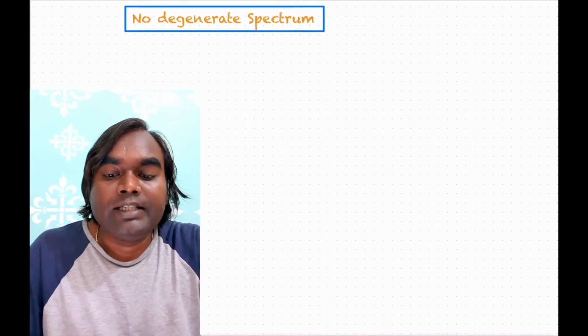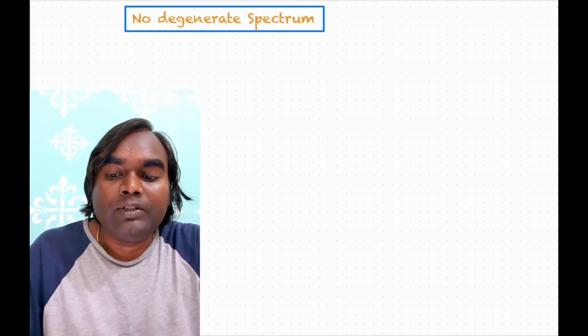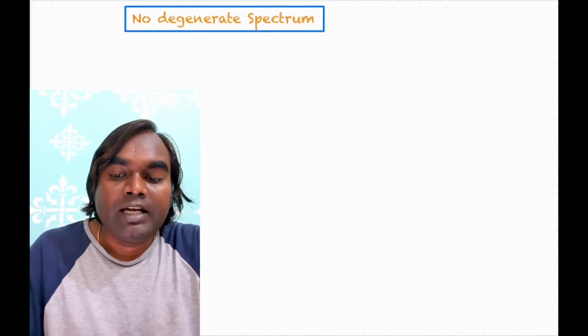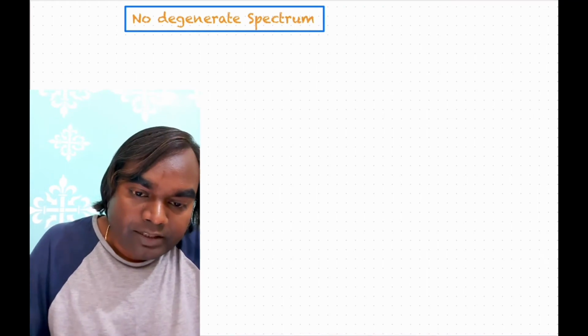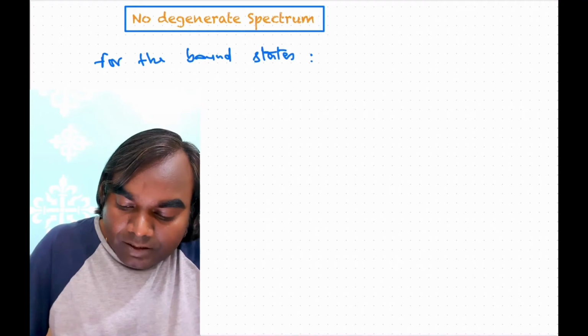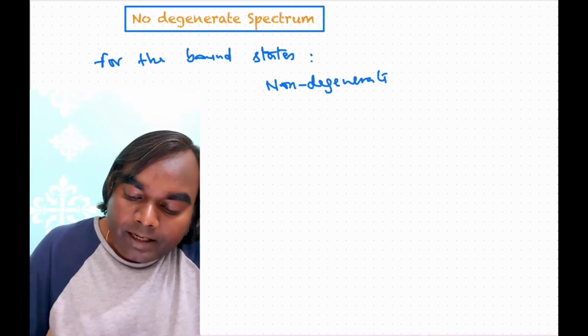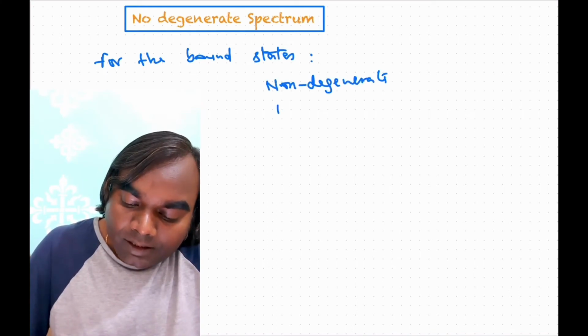Since the eigenstates of the parity operator have definite parity, the bound eigenstates of a particle moving in a one-dimensional symmetric potential have definite parity. So for the bound states, the spectrum is non-degenerate and discrete,